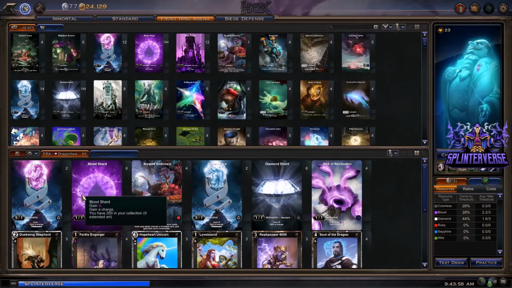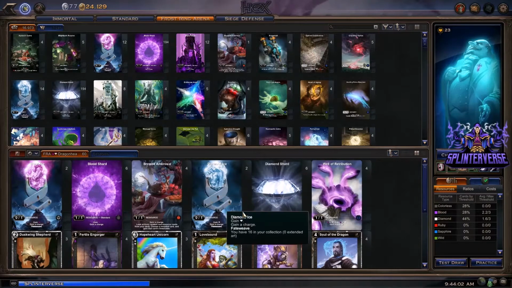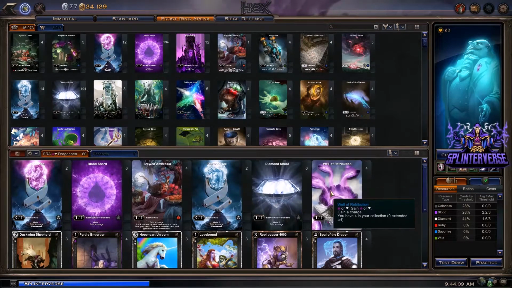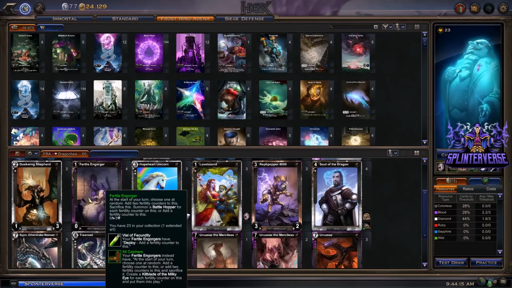Blood Shards, 6 of those. Play set of Brewed Ambrosia to help us get those triples. 6 Diamond Shards, 4 Wells of Retribution. You can substitute Shard of Retribution or Root of Retribution if you don't have those. So Duskwing Shepherd